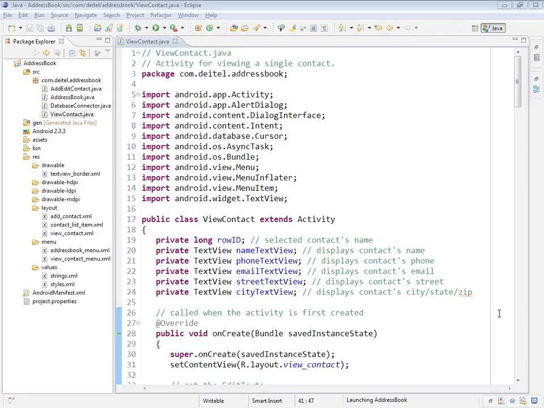Let's now begin looking at the view contact activity, which, as you know, when the user touches a particular contact in the address book activity, is going to display the data for that contact. And then separately, the view contact activity provides a menu that allows the user to either edit that contact, in which case we'll launch the add edit contact activity, or to delete the contact, in which case we'll remove it